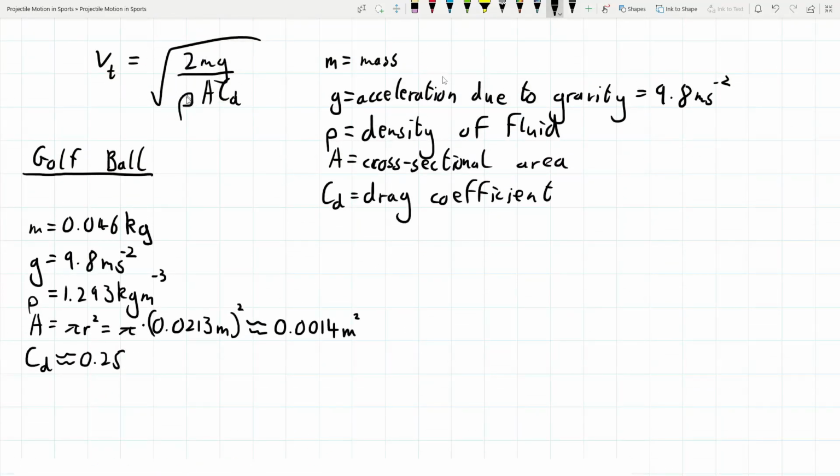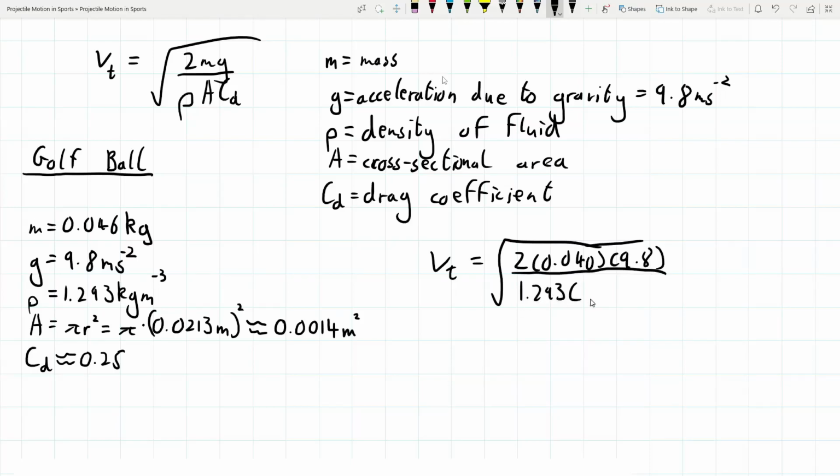So now we can finally fill these into the equation for the terminal velocity. So V terminal equals the square root of 2 times the mass, which is 0.046, times g, which is 9.8 in this case, all over rho, which is 1.293, times the cross-sectional area, 0.0014, multiplied by the coefficient of drag, 0.25. This is approximately equal to